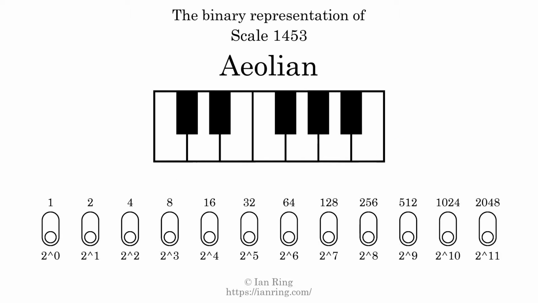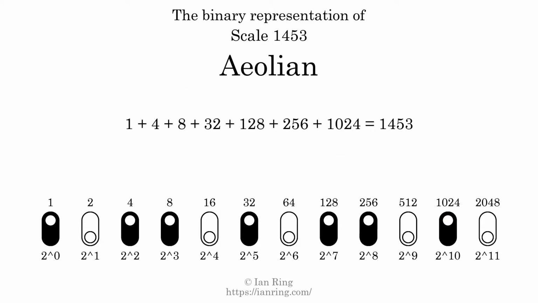The binary representation of this scale is determined by mapping tones of the scale to binary digits. Each binary digit represents a power of 2. To get the scale number, we add the powers of 2 together. The powers of 2 that are present in the scale, all added together, equals 1453. That is why the scale number, in decimal, is